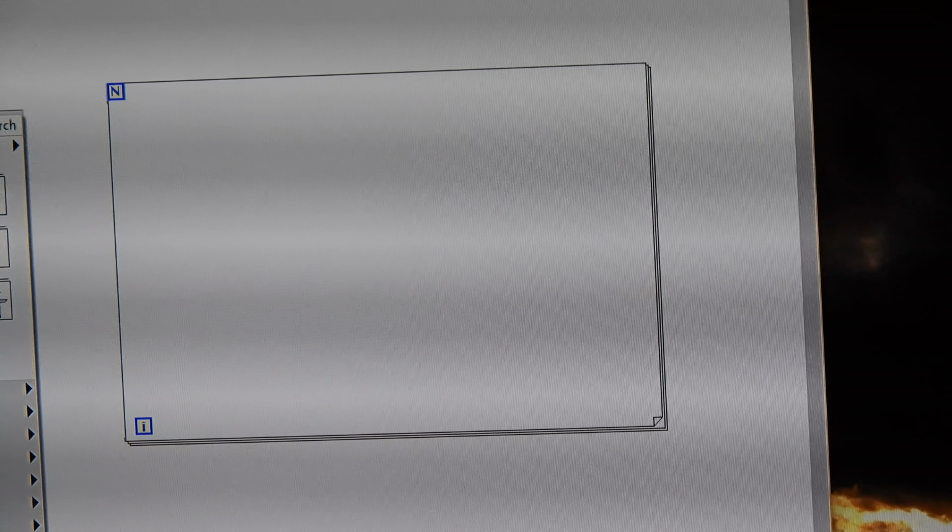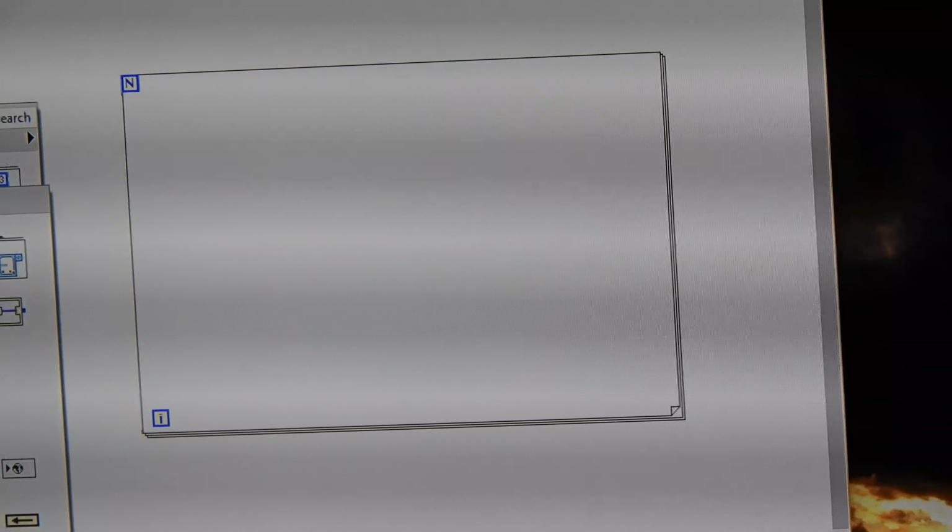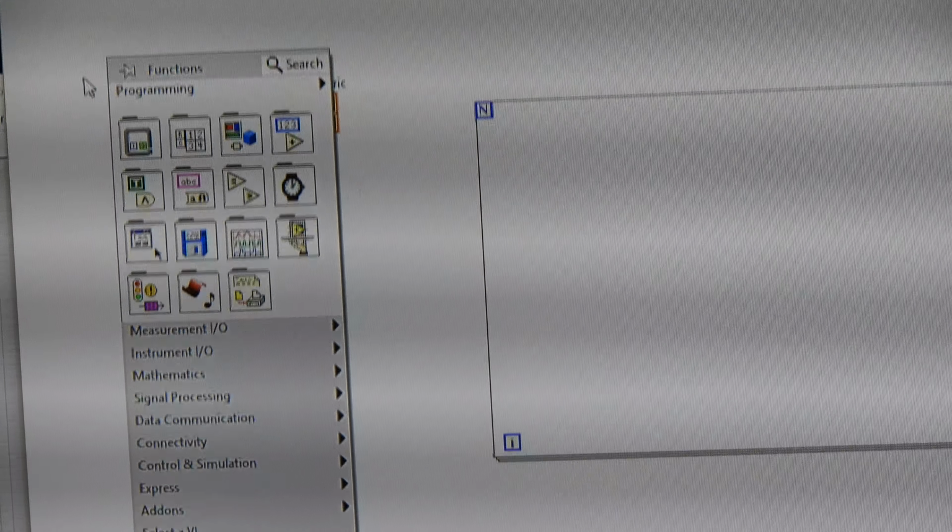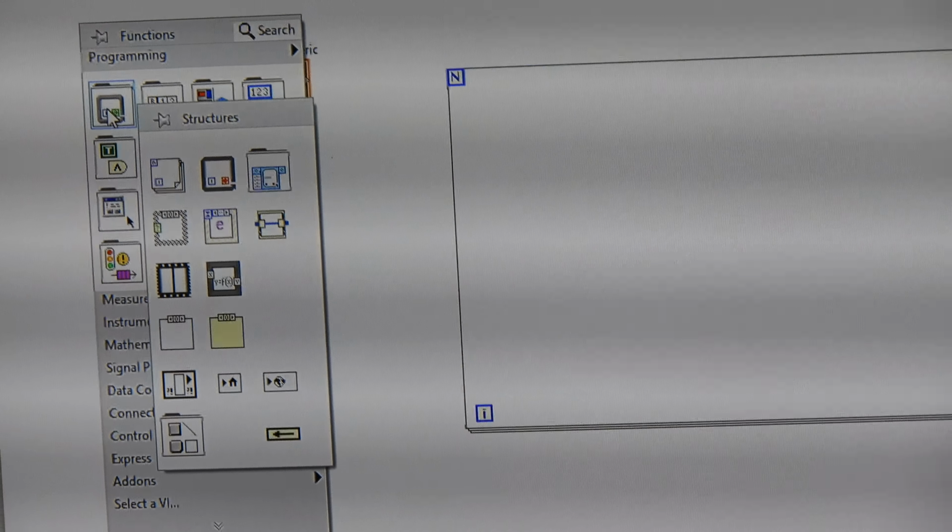And there's a lot of them in LabVIEW. But the ones that are important, the ones to start with, are this very first box. When you right-click on the block diagram and you see this folder,